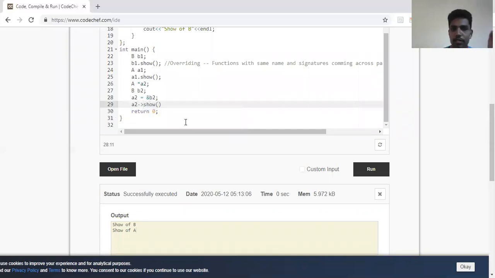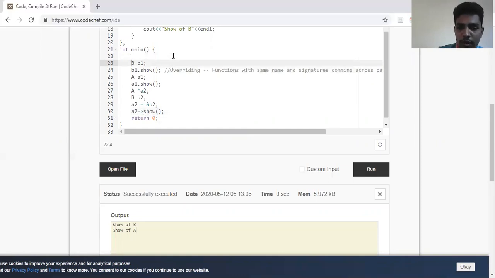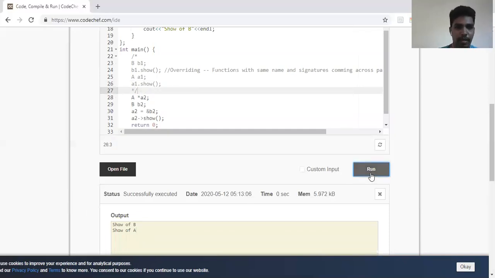See here, I'll comment these two shows. I don't want these two lines. I'll comment all of them till here because we don't want that concept now.